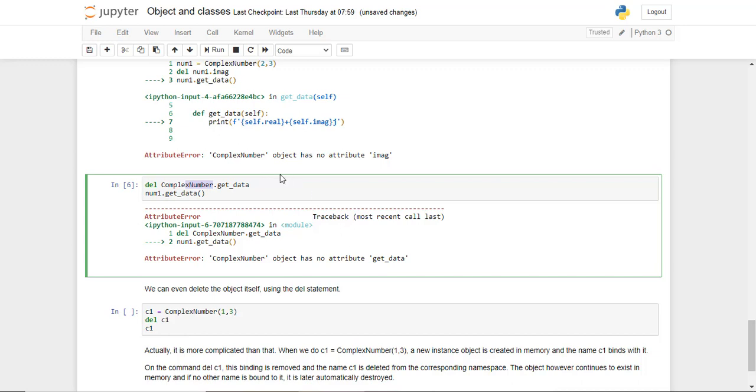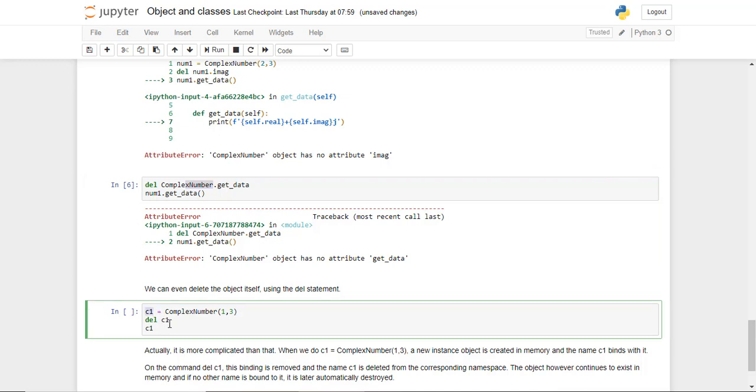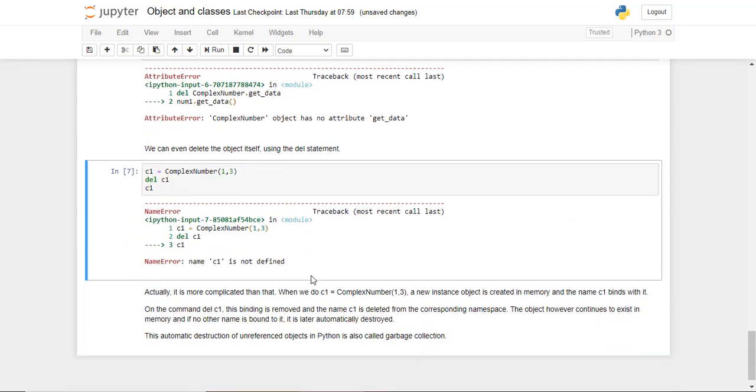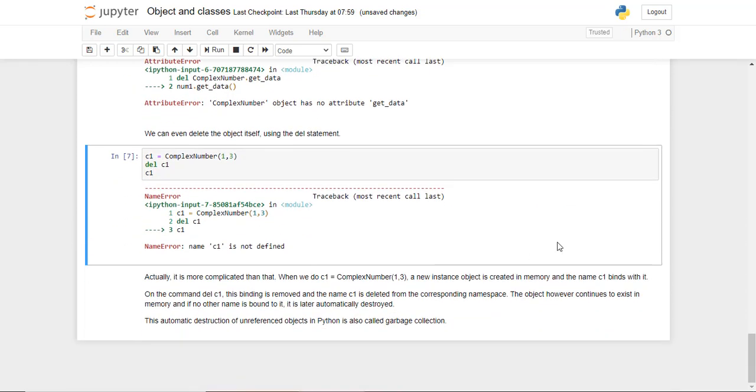And finally we can even get rid of the class or the object. So we say C1 is equal to an object of the class complex number. We created an object, but then we deleted C1, and then if we try to print C1, we get an error. So behind the scenes what's happening is that objects are created, functions or methods are created, and Python allots the variable name that you have assigned. So C1 was a variable name that was given to the object. Python assigned it to an object that it created. When we say delete, it just severs the connection. So then C1 is something which does not have any assigned value.